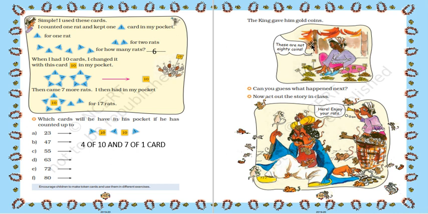He started counting, but he found that these are not 80 coins. Can you guess what happened next? If the king does not give him the 80 coins, what will happen? He will let all the rats loose again in the city. And see what will happen to the king. The king is overcrowded with the rats. The rats are jumping over him, biting his finger, on the cap, in his clothes, and in this way he was punished by the flute man. Good.